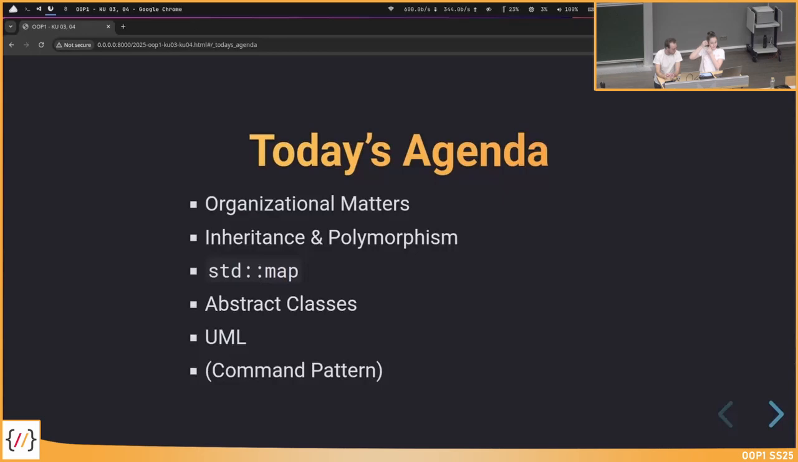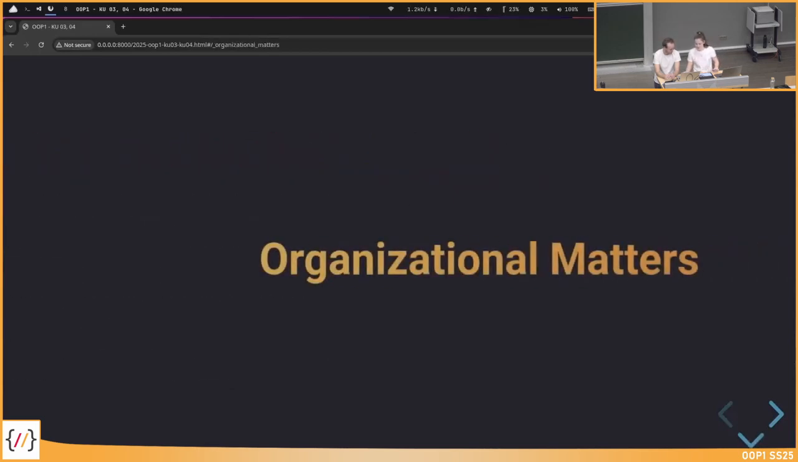Then Thomas will talk about abstract classes. This is also related to polymorphism. And then we will talk briefly about UML diagrams and maybe have the command pattern example later on. But why do we talk about UML? Well,